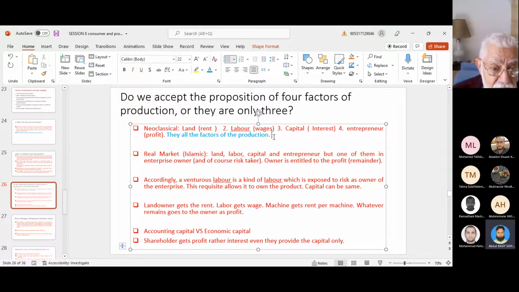My understanding of Islamic finance is that the one who is entitled to the added value in a project, in the production process, is the one who owns that production process. So who owns it? Let's take two examples. Example number one,